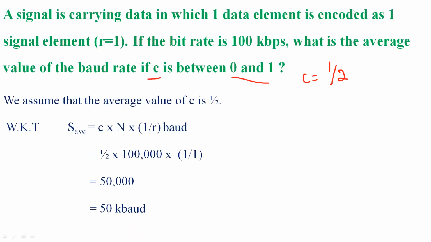So based on the number of signal elements and number of data elements, and based on the bit rate, or by using a constant factor called C and the range of C, by using the formula, we can substitute the values, whatever values are given. By combining all the values through the computation, we will get the particular answers. So the next characteristic is bandwidth.